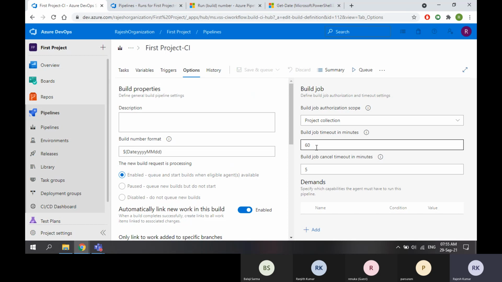To avoid such scenarios, we are enabling a timeout option. If the build runs more than 60 minutes, cancel the build. Build timeout 60 minutes, and cancel the build.